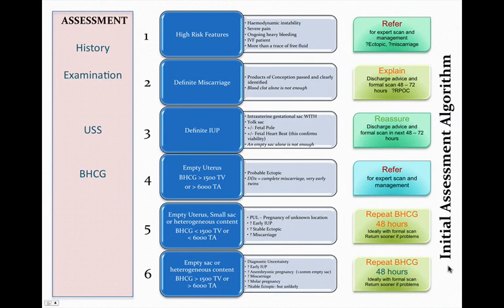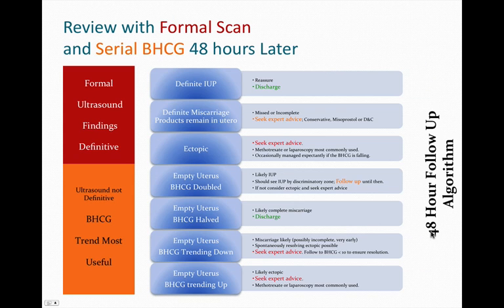So here's our initial assessment algorithm. We've got these two groups that we're going to repeat the beta HCG and see again in 48 hours time. This is the 48-hour follow-up algorithm. Okay, so you get them back in 48 hours, they've had a formal ultrasound, and they've got another